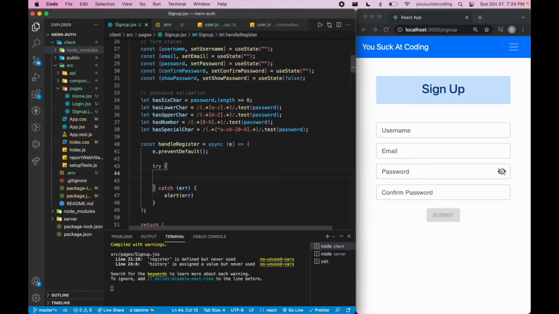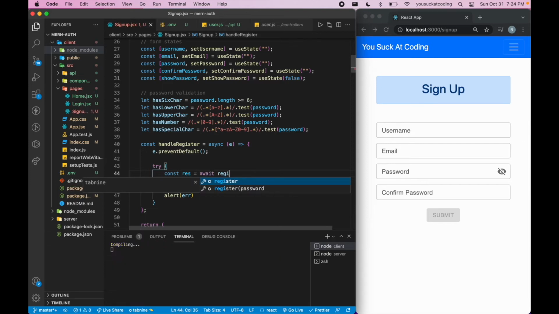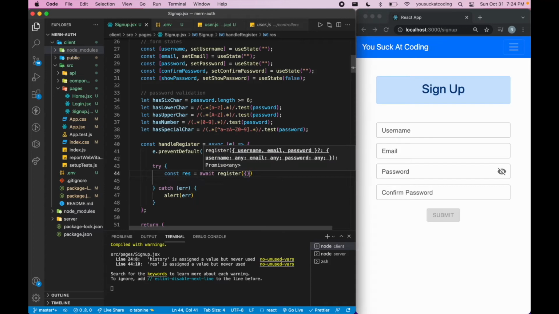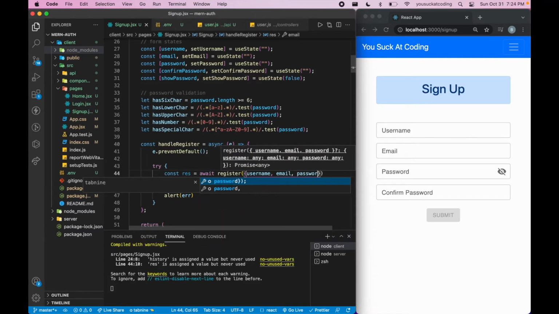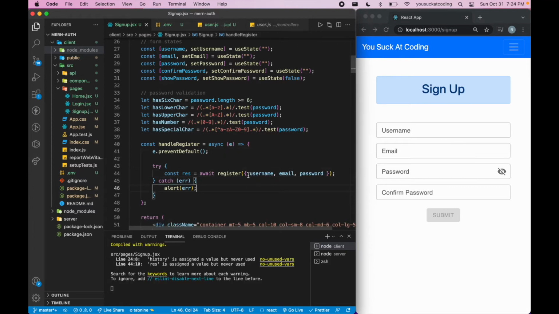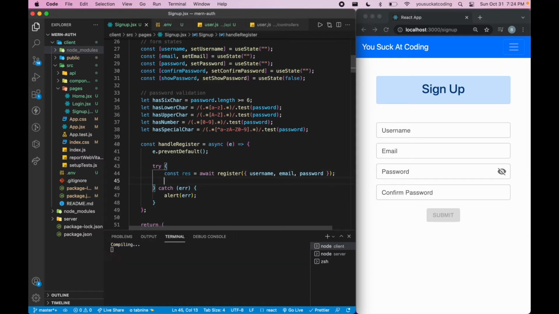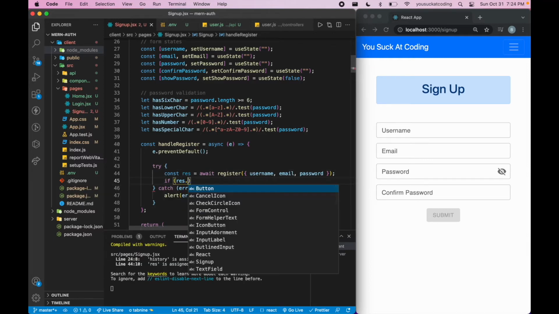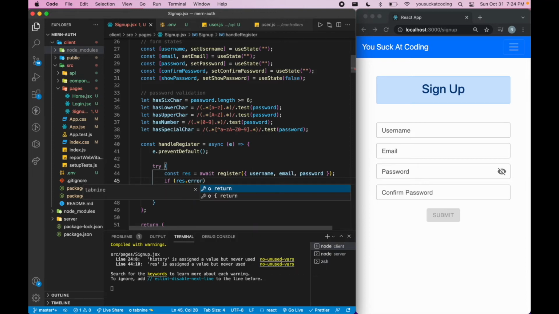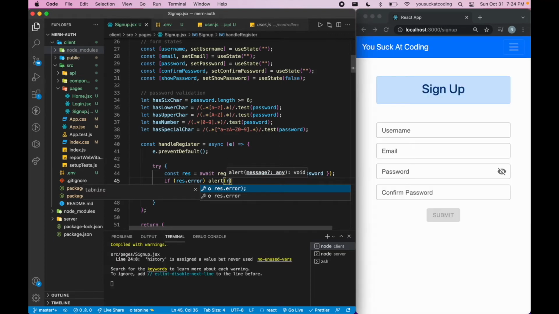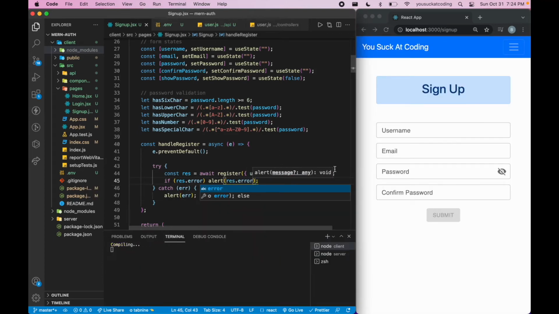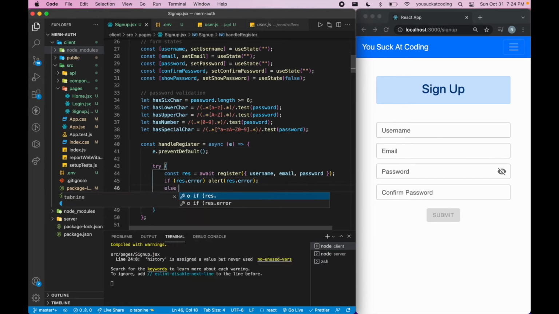And okay. So inside of try, let's do a const response. We'll do await register, and we pass to this register the username, email, and password. So that is how you pass the keyword arguments with an object. All right. So once we have a response, we check that if response has an error, then we can go ahead and do an alert for now, which will be replaced by toast, response.error. Else, we'll